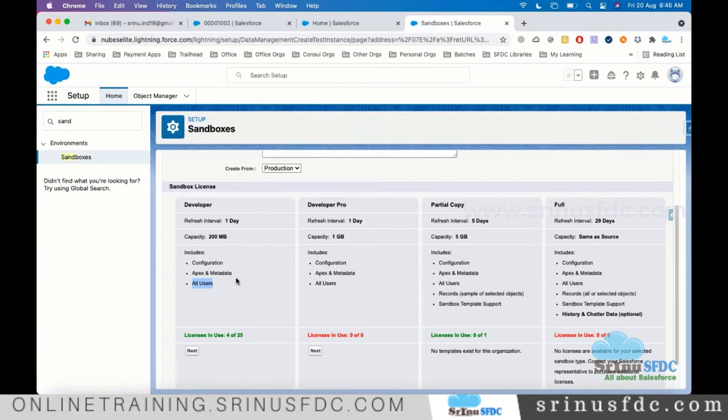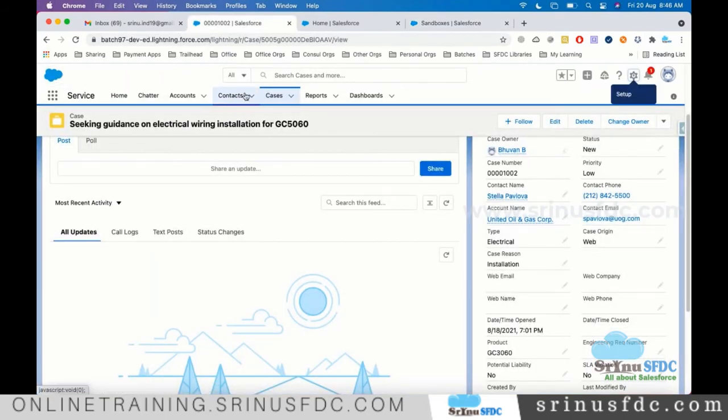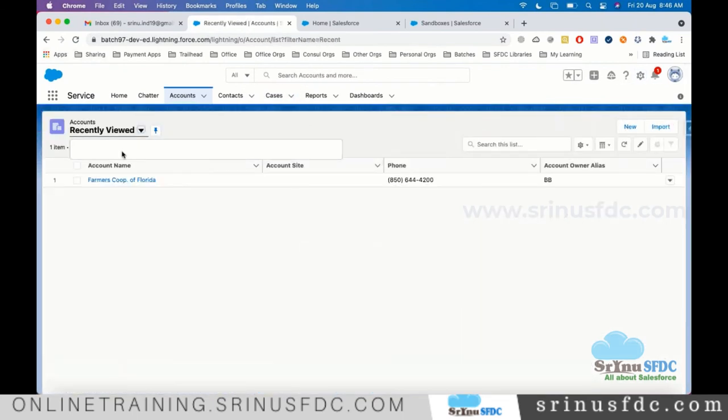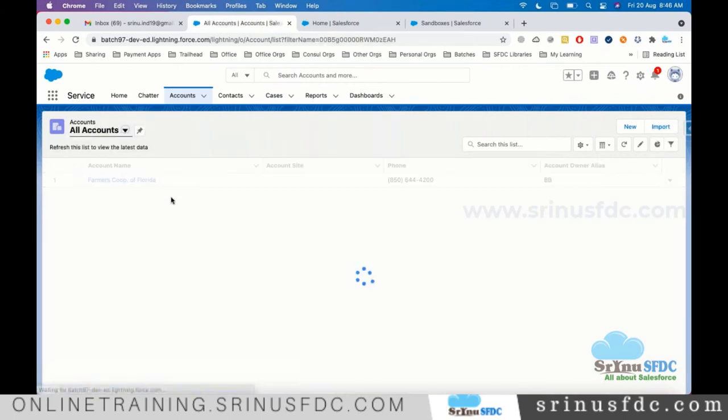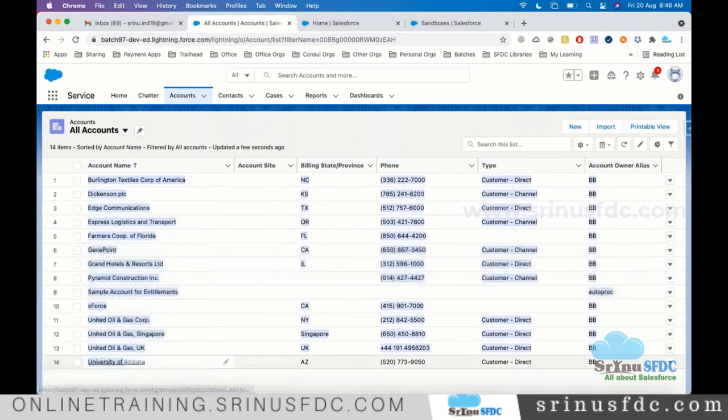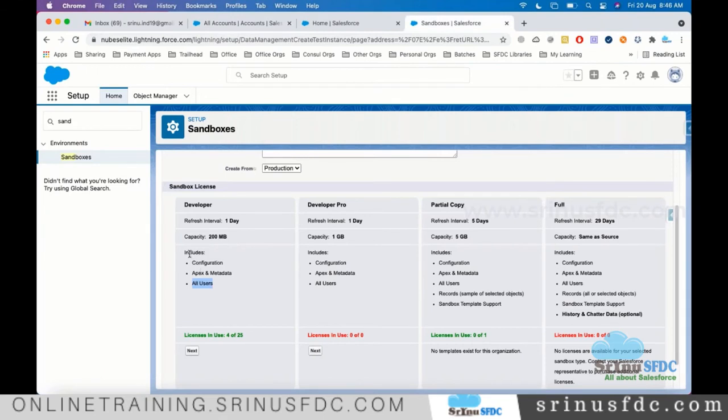Let's say we saw the campaigns table and leads table. Only the table structure will be copied, not the data inside the table. So for example, when I click on this account, the account table structure, all the fields and everything will be copied. Data means this, right? 1 to 14, whatever you are seeing, this won't be copied. Okay, so that's the behavior. Okay, that's what it can include while copying.